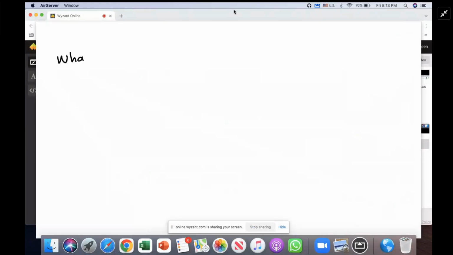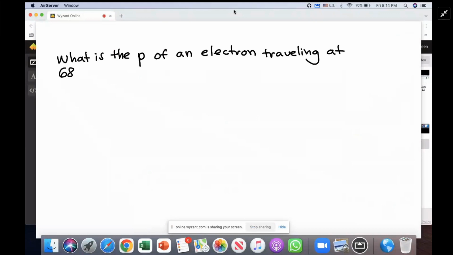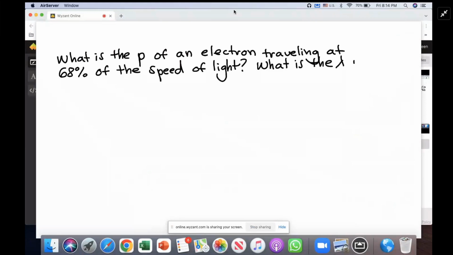what is the momentum of an electron traveling at 68% of the speed of light and what is the wavelength in nanometers. Now you can see I used a couple of abbreviations, so I just want to go through them